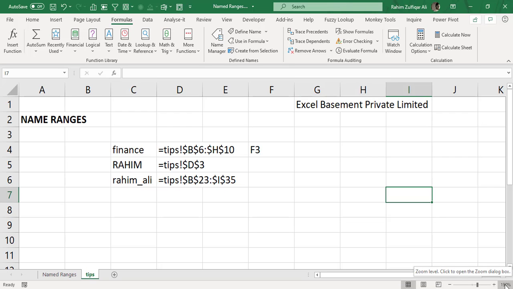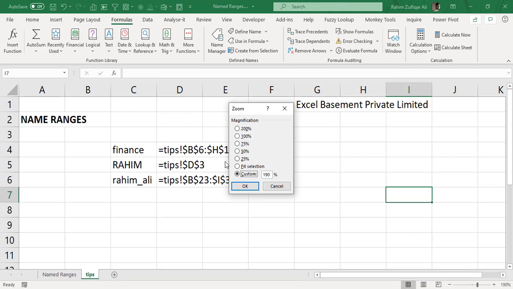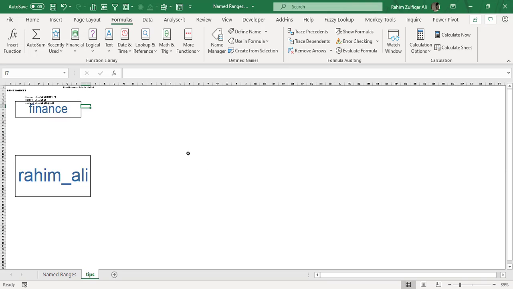When you click on the zoom percentage, a zoom dialog window will appear, and in the custom area, you add a number below 40, it could be 39, it could be 38. For example, if I write 39 here and press OK,